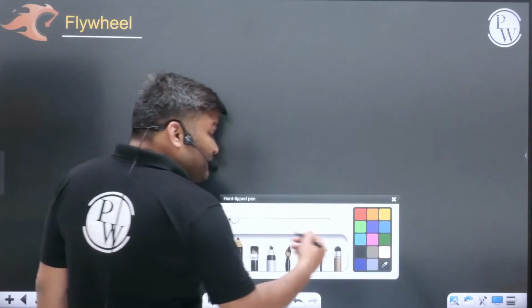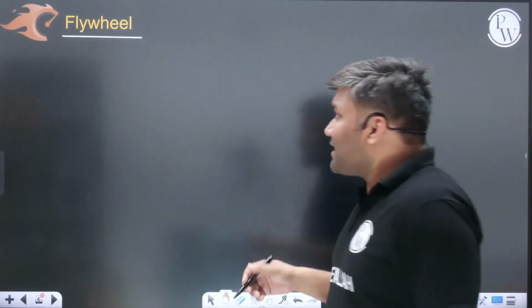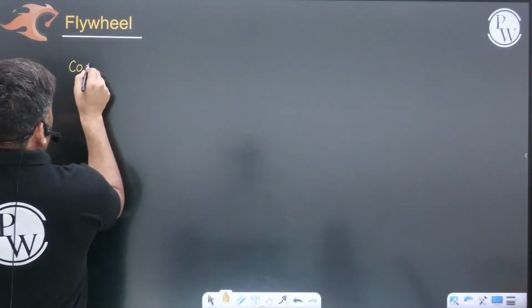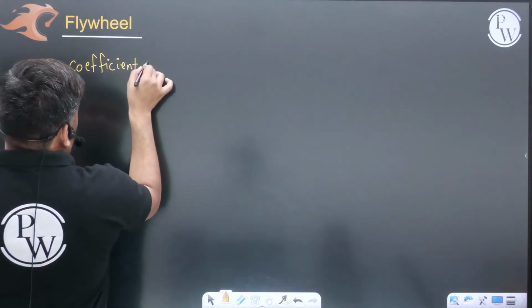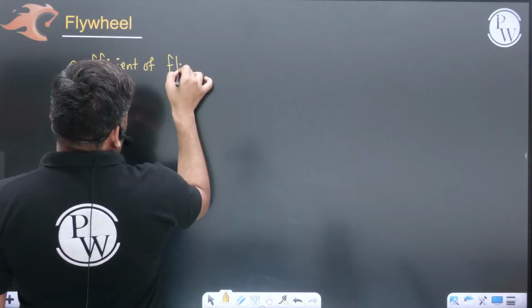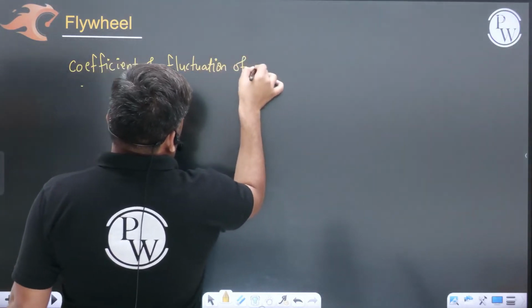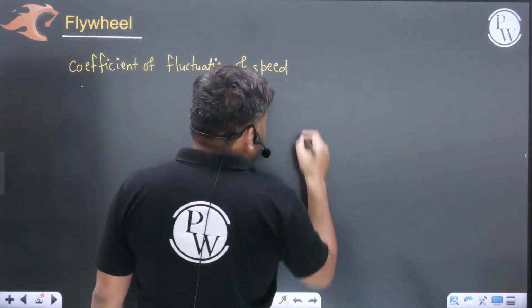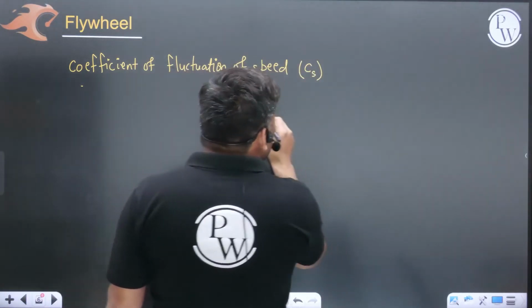To judge how effective your flywheel is going to act, to gauge this, we have two parameters. One is called the coefficient of fluctuation of speed, which is denoted by CS. And this is defined as,